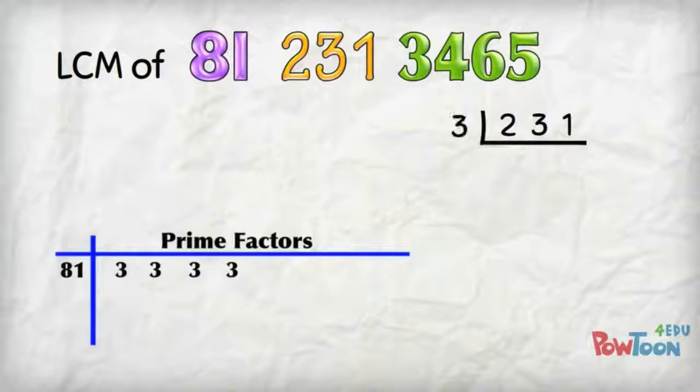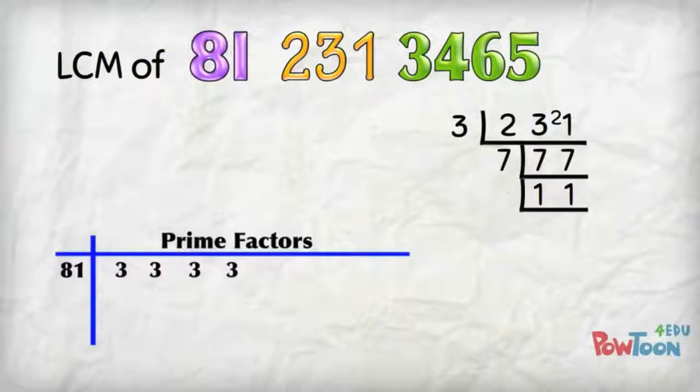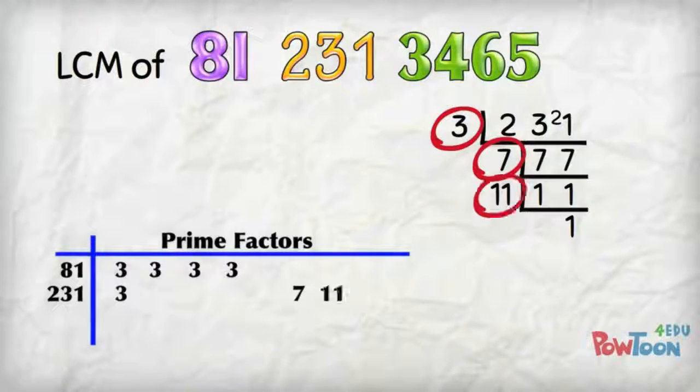231 divided by 3. 3's into 23, 7 3's are 21, remainder 2. 3's into 21, 7 3's are 21. 77. I'll divide by 7. 11 sevens are 77. 11 is prime. 11's into 11, 1. Write in the prime factors of 231: 3 times 7 times 11. And now for the big one,